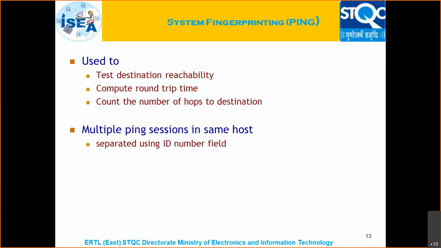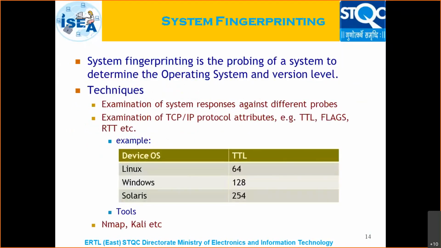These are the tasks of ping commands. Everything I have covered already. As I have told, on Linux the TTL is 64, for Windows the TTL is 128, and for Solaris 254. Kali Linux is a very nice operating system for hacking, or rather for information gathering. And from there, Nmap or whatever tool we use, automated or otherwise, ultimately they call Nmap only.